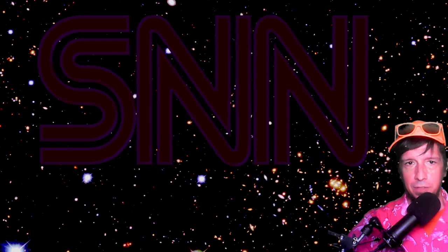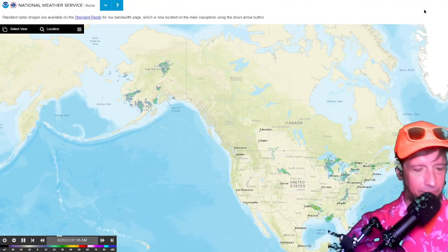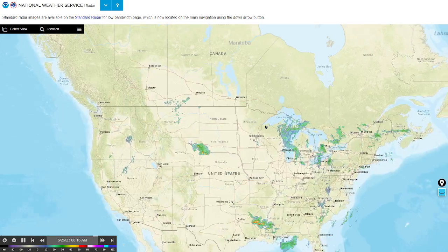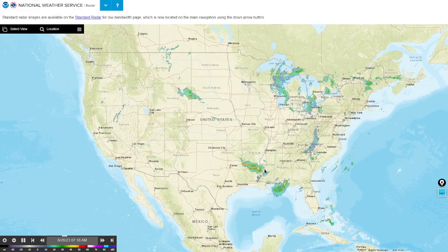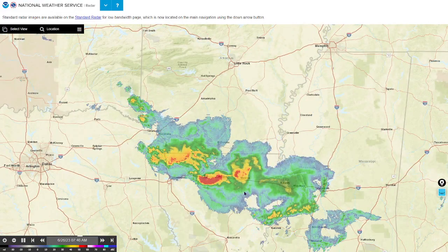We're going to close out this video with your space and Earth weather combined with the U.S. Doppler radar map. There is the full 50-state view. Here's the lower 48 view. And we'll briefly show these strong storms here in Arkansas and Louisiana. They are moving